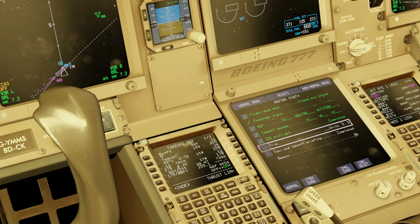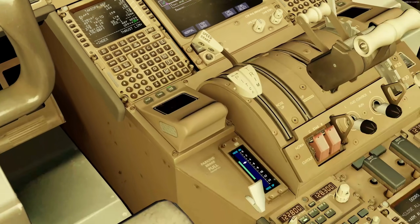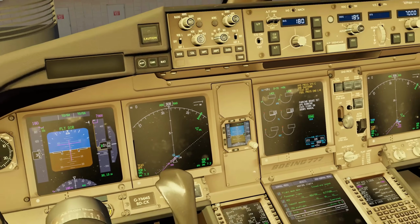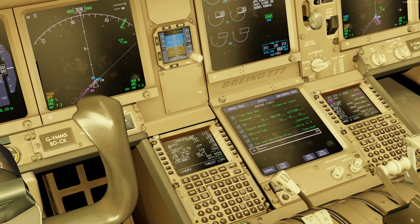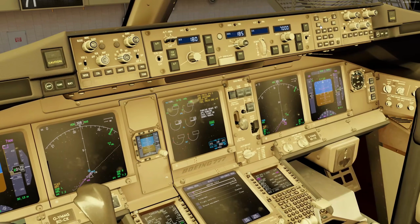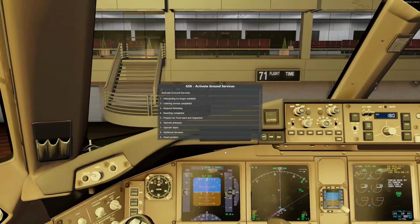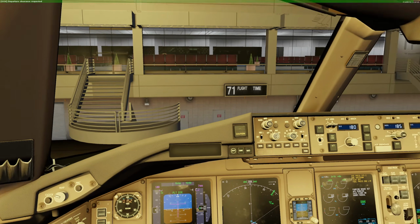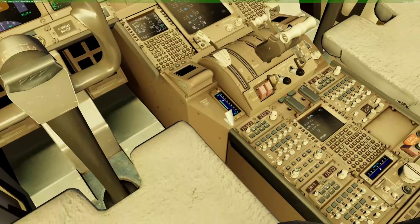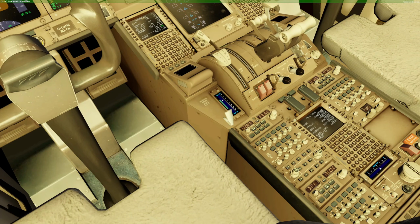Trim, we will be setting 6.25, but for now it's whatever it is at 4. Yeah. And our taxi briefing, we kind of went through that, so that's all good. Beacon light can go on. So before taxi, checklist is next up. Let's go and request our pushback, and that will get rid of the jetway, right? Yes. So we can arm all the doors, remove the chocks,